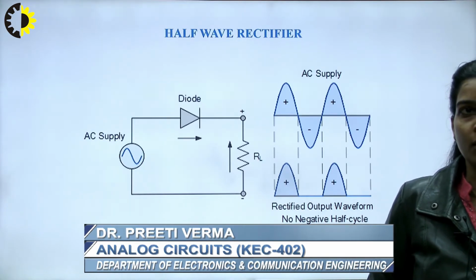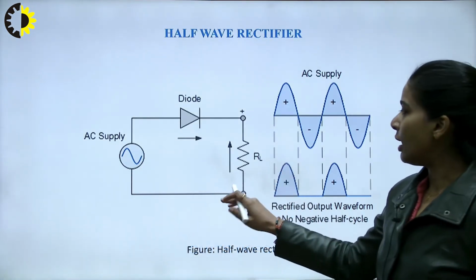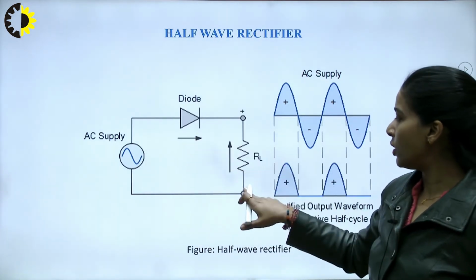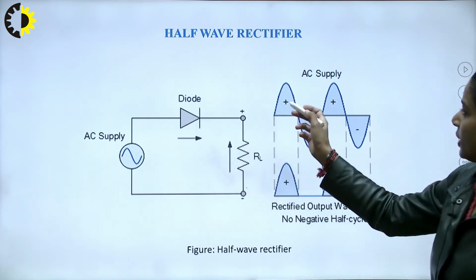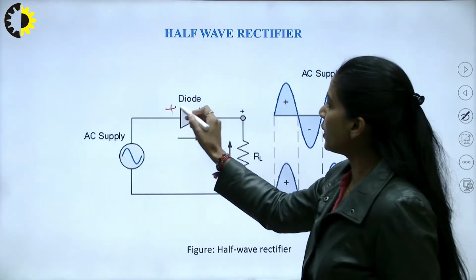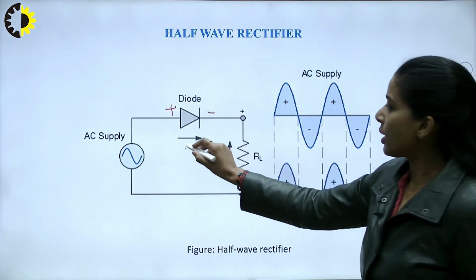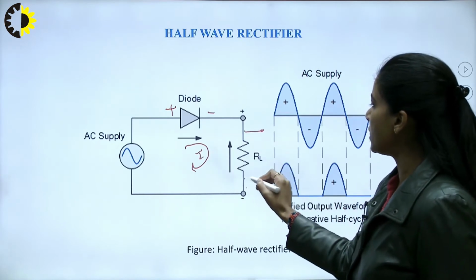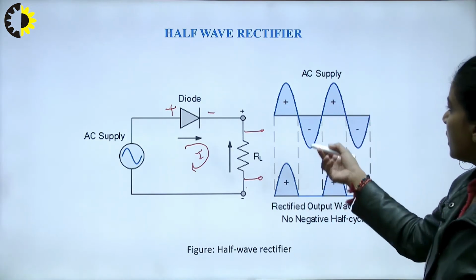Today we will have an overview of this half wave rectifier. This is the circuit diagram for half wave rectifier. AC supply is connected to the diode and we have a load resistance RL. We have seen in the previous lecture that the positive half cycle will make this diode forward bias, and as this diode is forward bias, it will conduct a current I and we will have some voltage across this load resistance RL. So that is shown here in the figure.